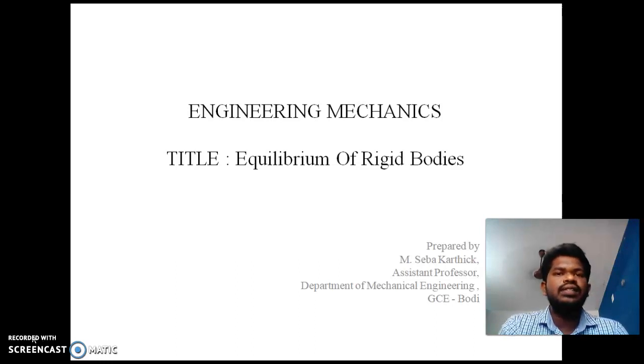Rigid bodies. Rigid body means non-deformable body. In engineering mechanics, we assume all the bodies are rigid bodies. The objective of this topic is to find the reaction force at the contact of two bodies. Next,